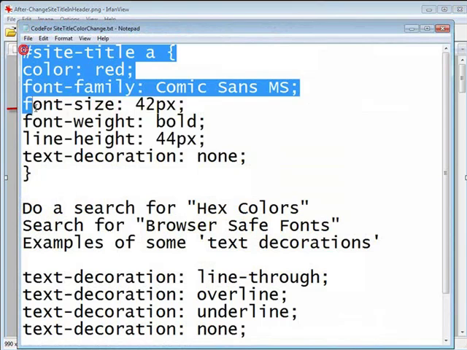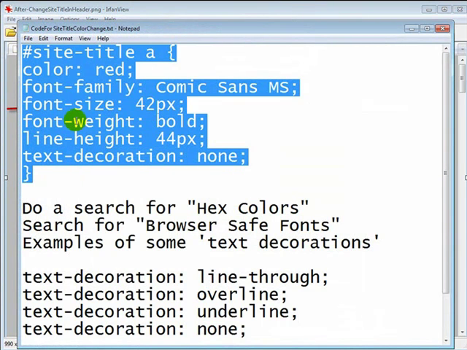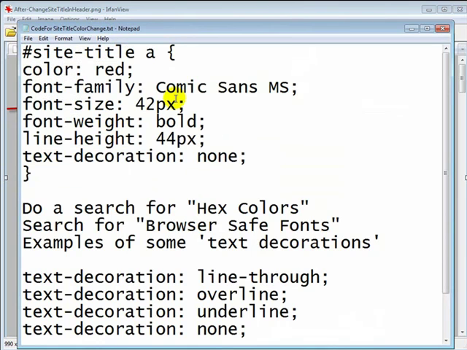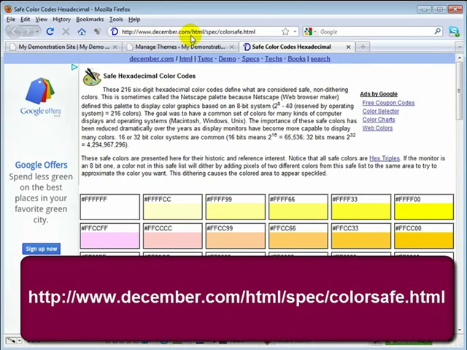Right, here's the code. I'm going to go ahead and copy that into my clipboard and add that to the style.css. But while I'm here, this font family, all of these elements here are changeable. You can change the color from red as demonstrated to whatever color you want, and to find more colors you can do a search for hex colors, or if we head on over to my browser real quick here, I'll show you on this site right here,